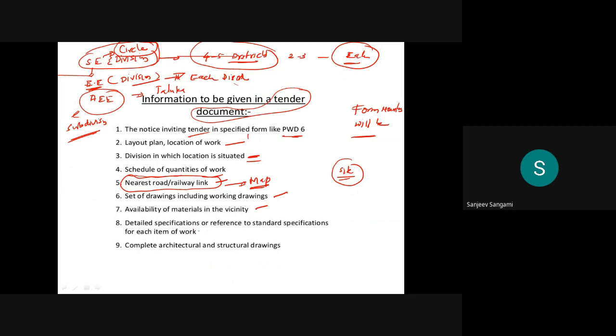Detailed specifications or references of standard specifications of each work will be mentioned. Then complete architectural and structural drawings, you can say a drawing pack. Normally the drawing pack will be provided.